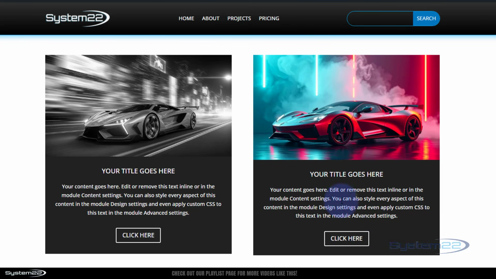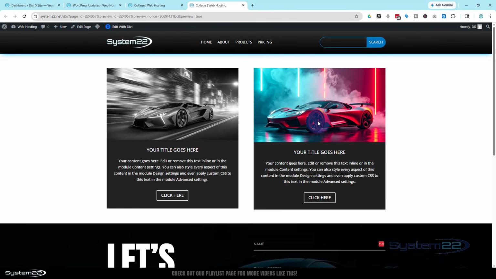Perfect. And these sort of effects are great on desktop, especially because as soon as something like this happens, it's going to get people's eyes on it. They're mousing around the site and suddenly something happens like that. It's going to get their attention, and it's going to get their attention pretty quickly, which is exactly what you want. So there we go. There's how to create 3 little hover effects within your little Blurb module. Really easy to do, no coding as you can see, using the great new features in Divi